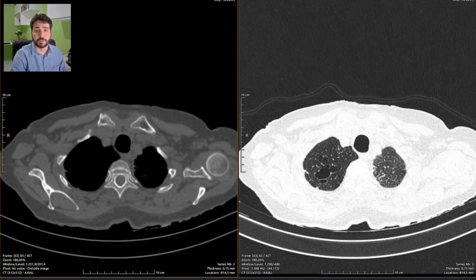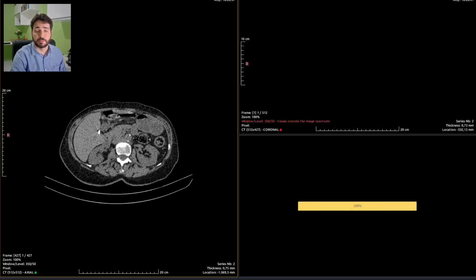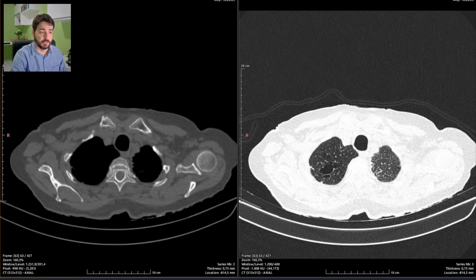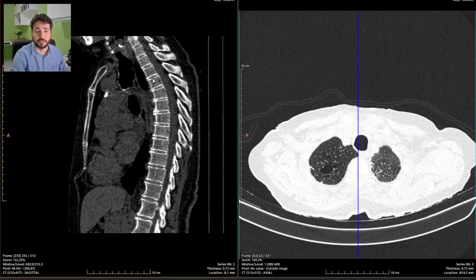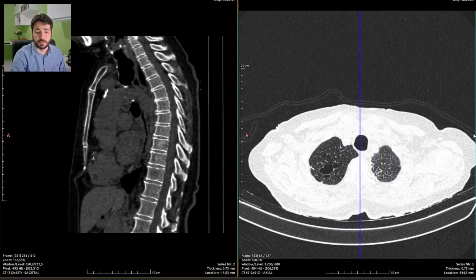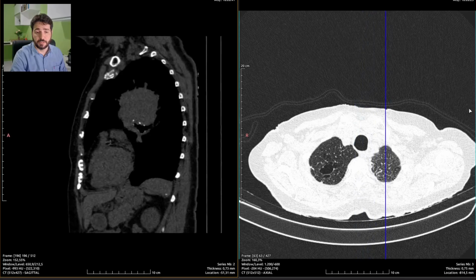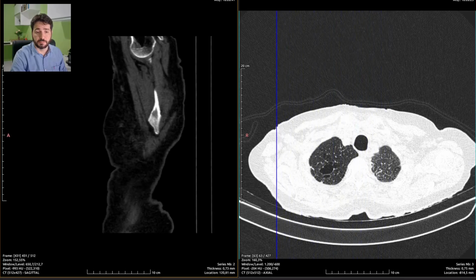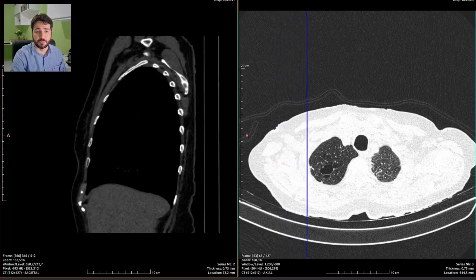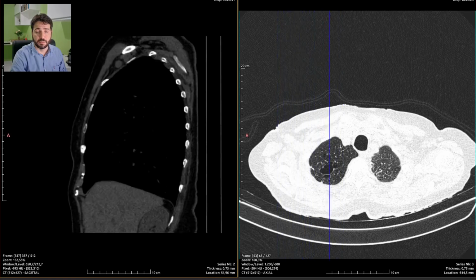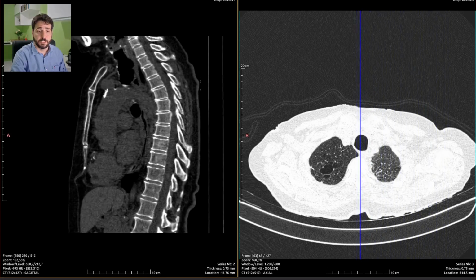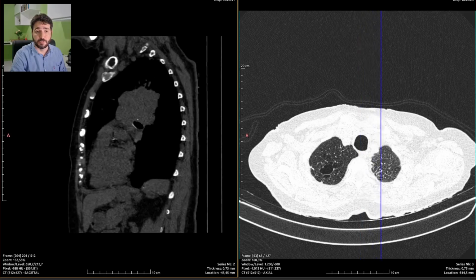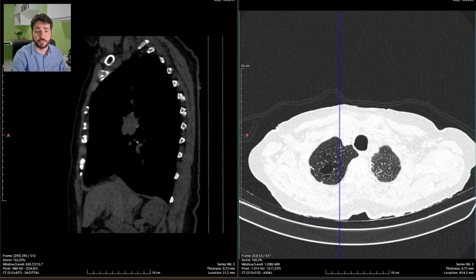So I'm just going to hit some MPR reconstructions right here so we can look at the sagittal view. Sagittal is really nice to look at the spine, search for anything really. So also it's nice to see the rib cage. Ribs on the right seem fine, and ribs on the left also. So in cases of trauma patients, it's really nice to look for sternum fractures or dislocations, and the coronal plane